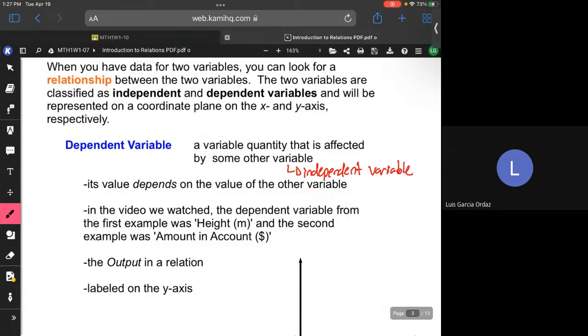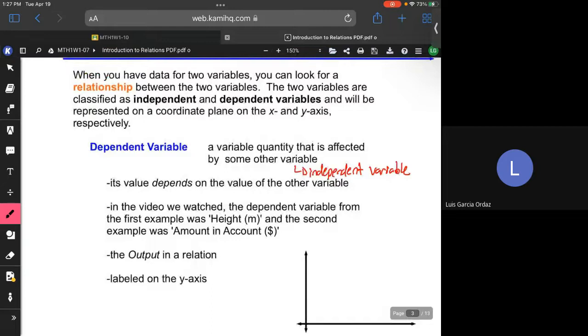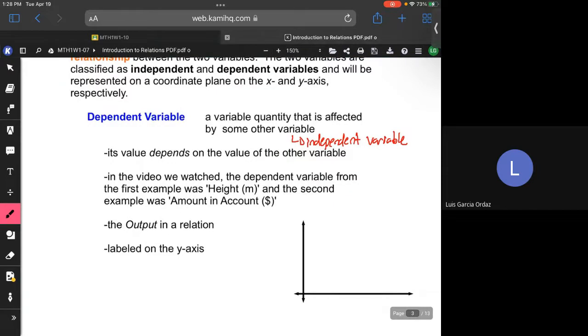So this should be page 3 on your handout. It should say 3 at the bottom. So basically, when you have data for two variables, you can look at a relationship between the two variables. You have your independent and dependent, and one represents the x, which is the independent, and your dependent represents the y-axis. So for example, this is going to be your y, this is x. When it came to, let's say, hours worked versus salary or money paid,